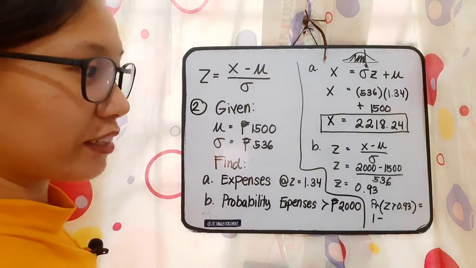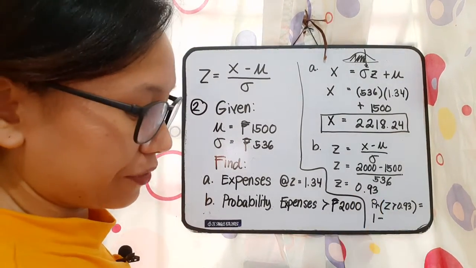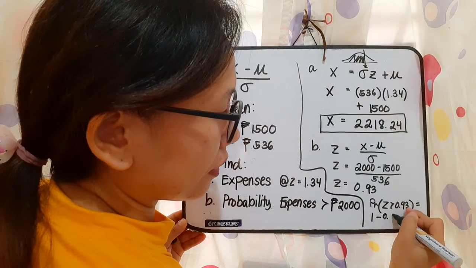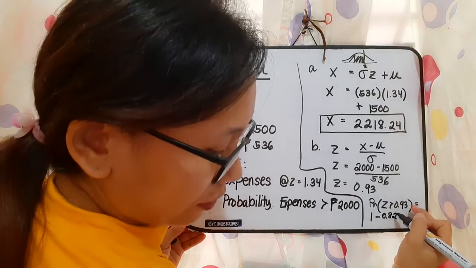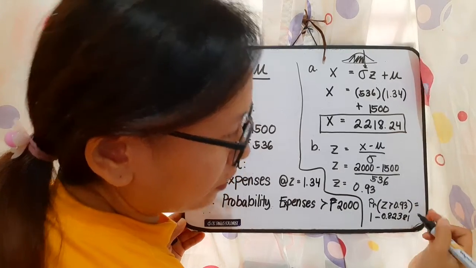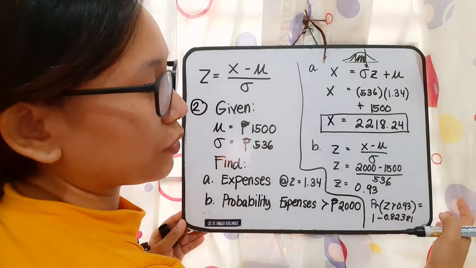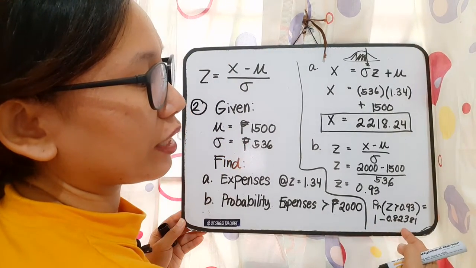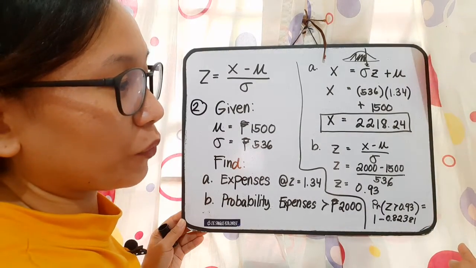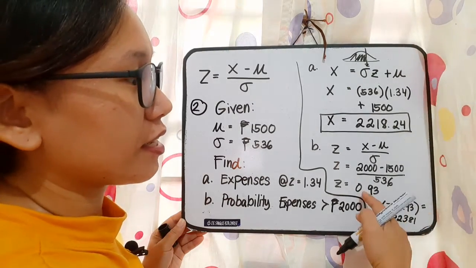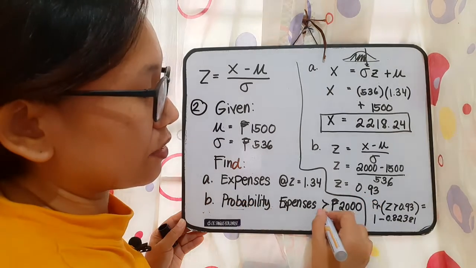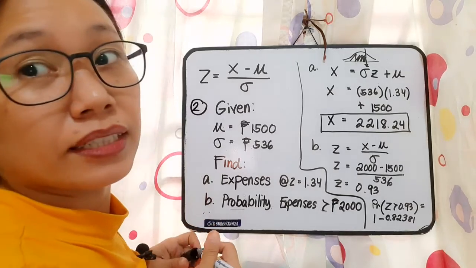Okay, so the z value at 0.93 is 0.82381. So why do we use 1 minus 0.82381? It's because we are going to find the probability that is greater than the